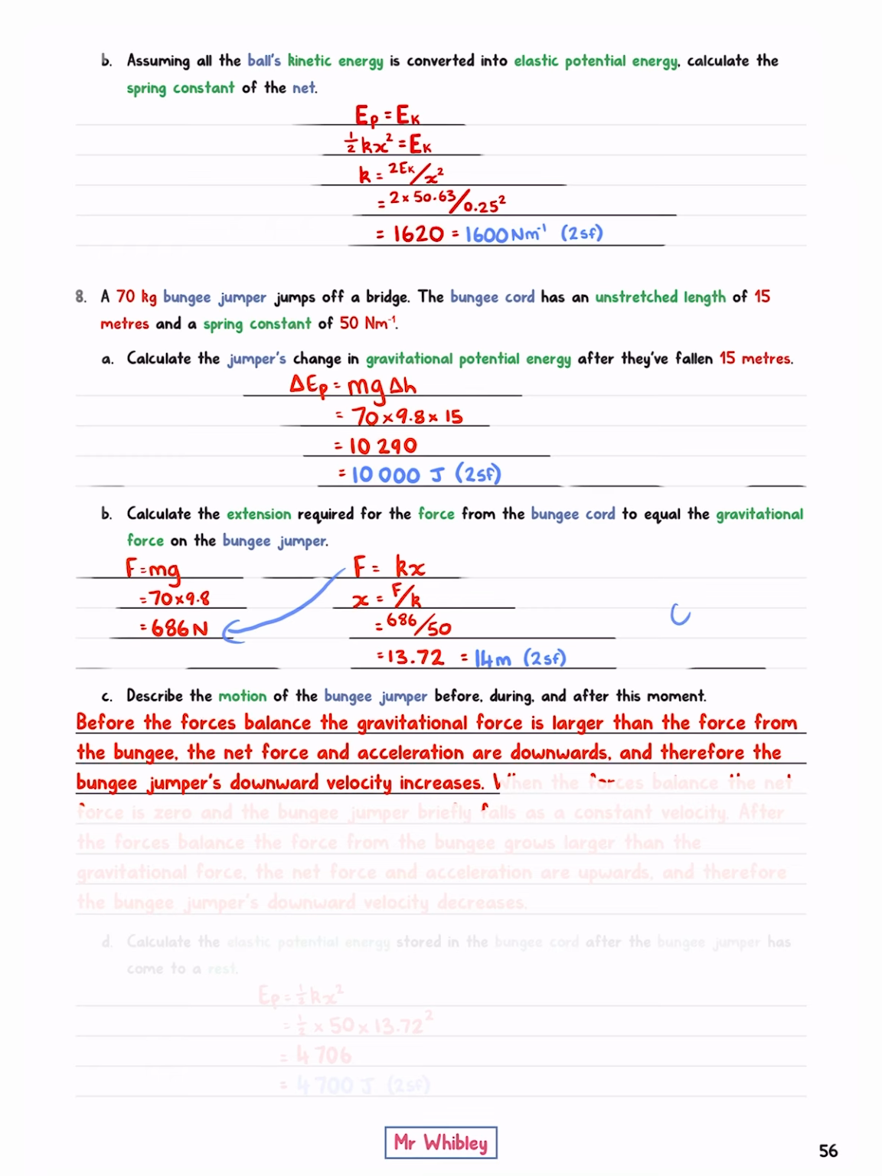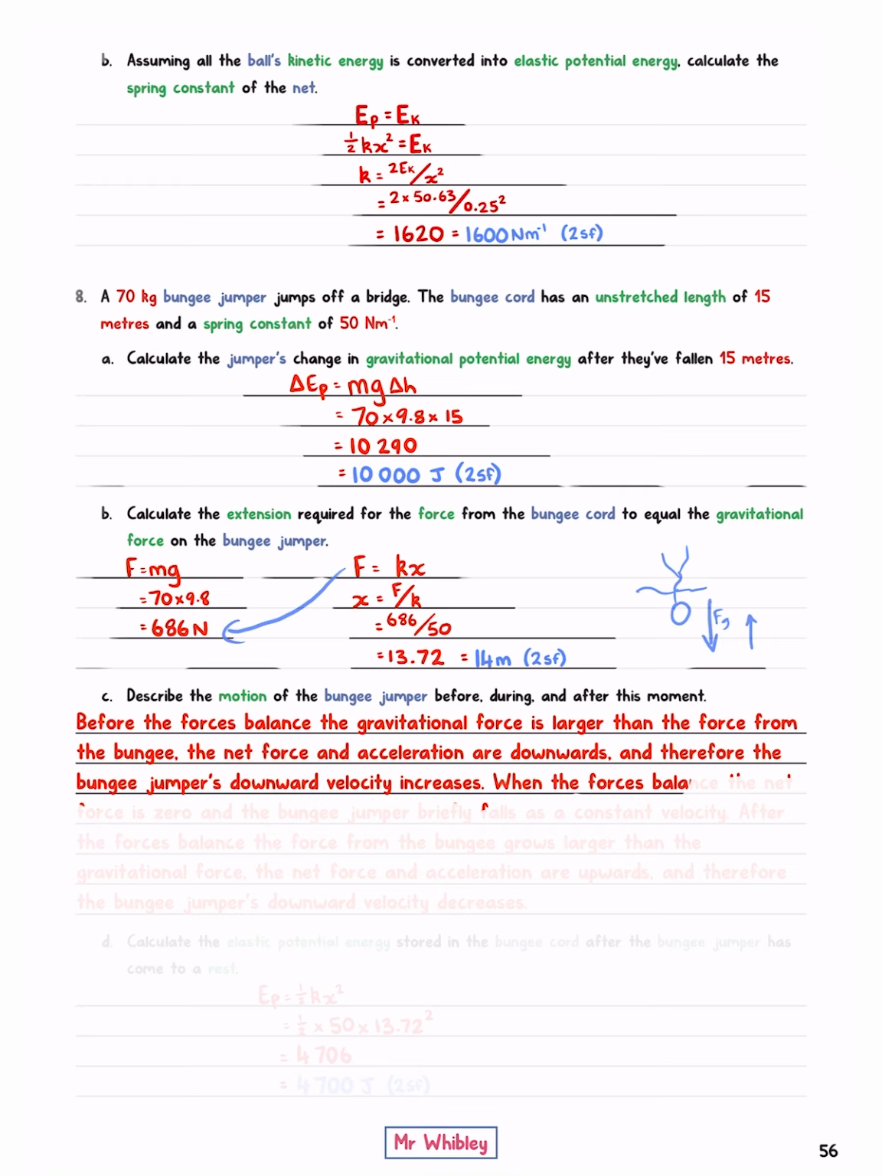And so we can imagine our bungee jumper. They will have a force of gravity, the size of which will not change, and there'll be a force from the bungee cord upwards, which will be opposing this force. Initially, as the bungee jumper falls, the size of the force from the bungee cord will be less than the gravitational force, and so the net force and acceleration would be downwards, causing them to accelerate and their velocity to